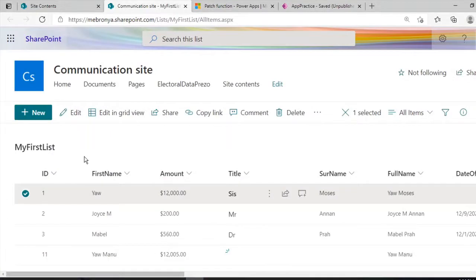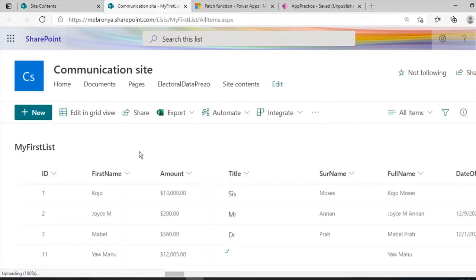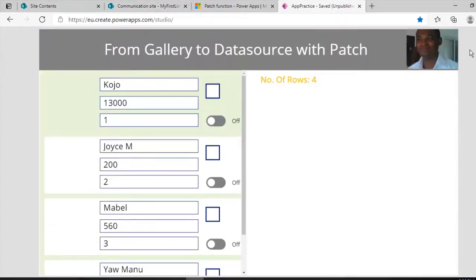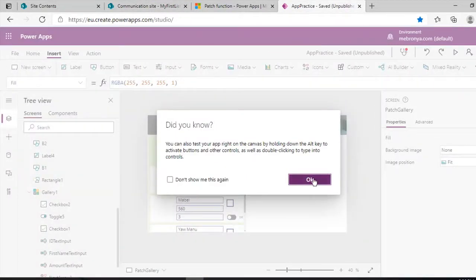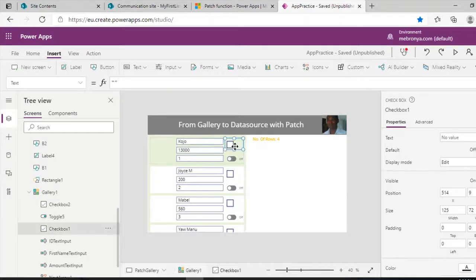So when we look back, it is still Yao and 12,000. And then let's refresh the data source. After refreshing the data source, we see that it has changed to Kojo, and the amount has really changed from 12,000 to 13,000. So that is the first example of patching directly from inside the gallery back to your